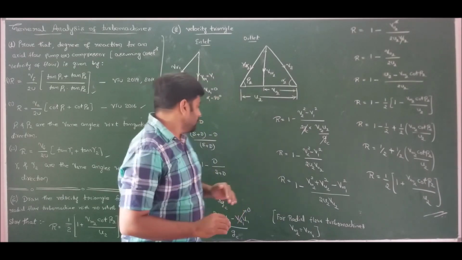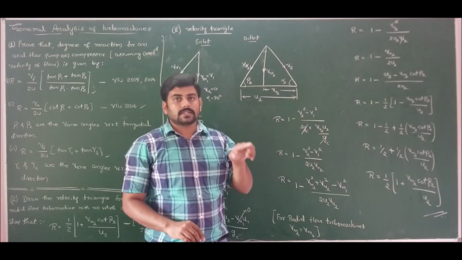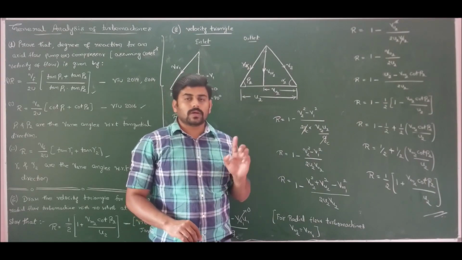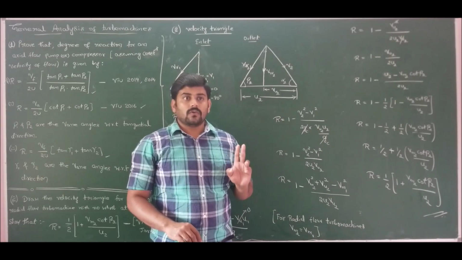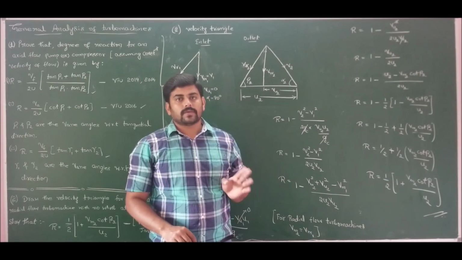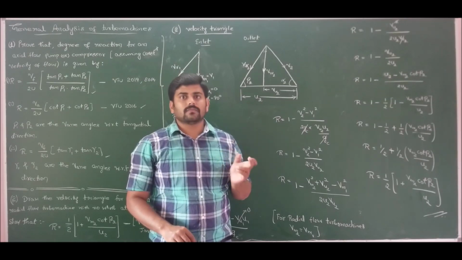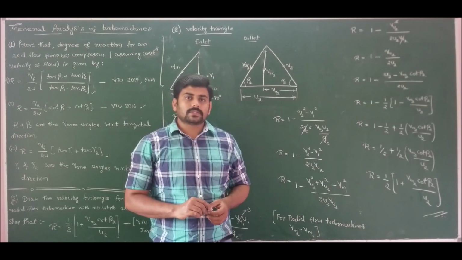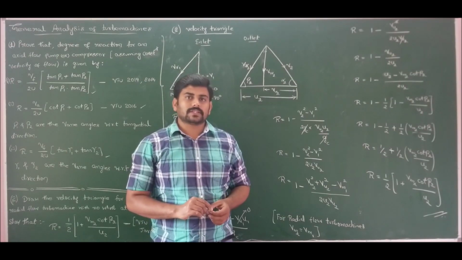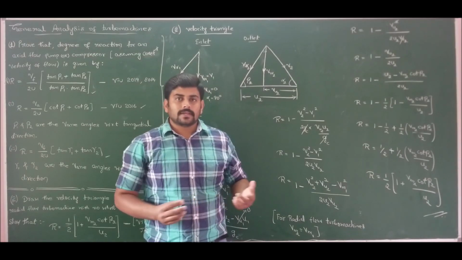That is, degree of reaction should be written as (u2 square minus u1 square plus vr1 square minus vr2 square) divided by (u2 square minus u1 square plus vr1 square minus vr2 square plus v2 square minus v1 square). Euler's equation of energy transfer should also be reversed, that is (vu2 u2 minus vu1 u1) by gc. For axial flow machines, u is common, so Euler's equation of energy transfer becomes u times (vu2 minus vu1) by gc for absorbing turbo machines. That's all from